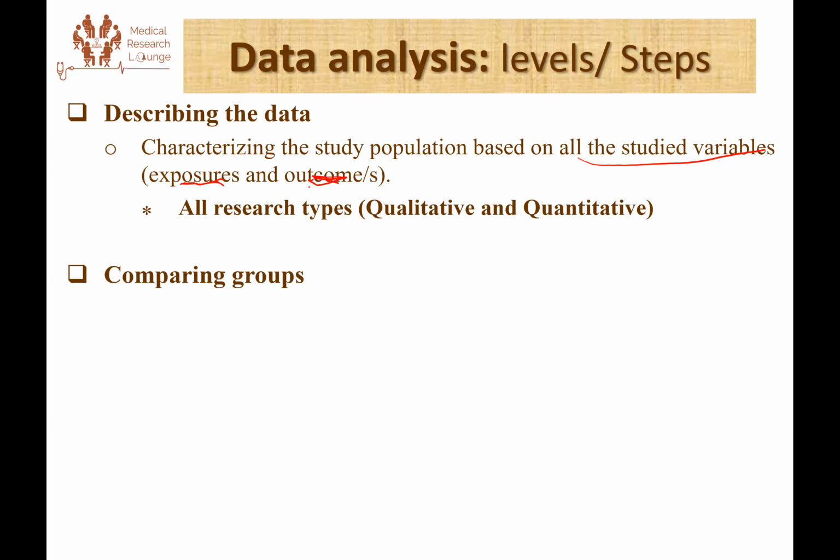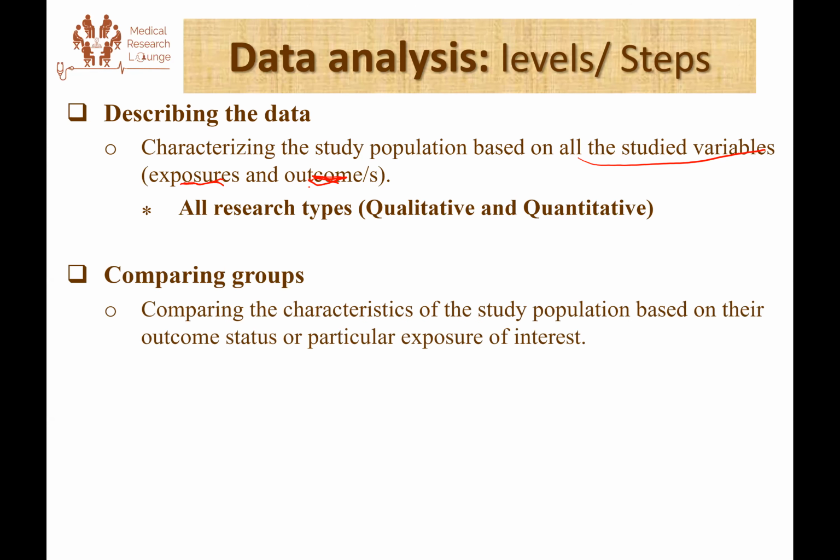The second thing that we do is comparing groups. So what do we mean by that? We compare the characteristics of our study population based on their outcome status or particular exposure of interest. I am sure you have seen tables like this